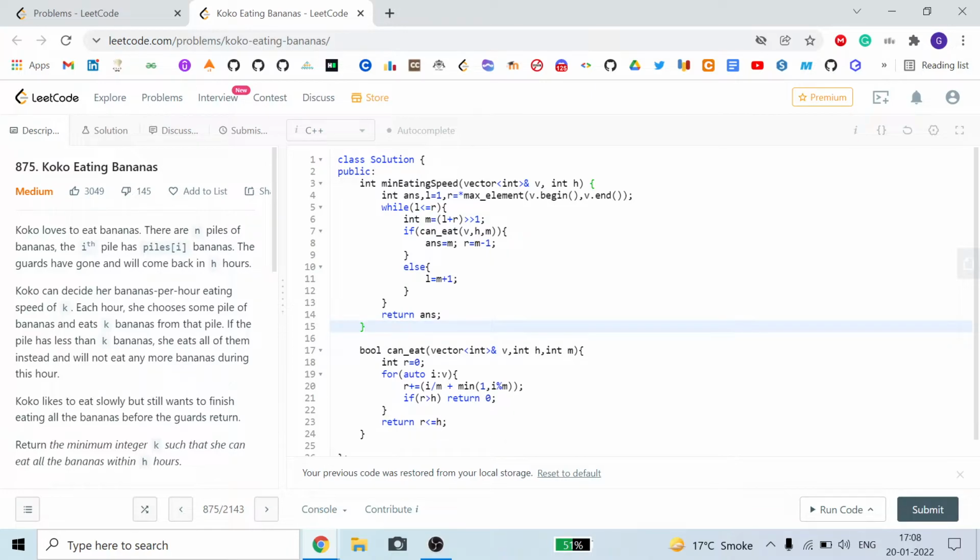So we can eat a minimum of one and a maximum of the maximum element of our given vector array. We run a loop while l is less than or equal to r.